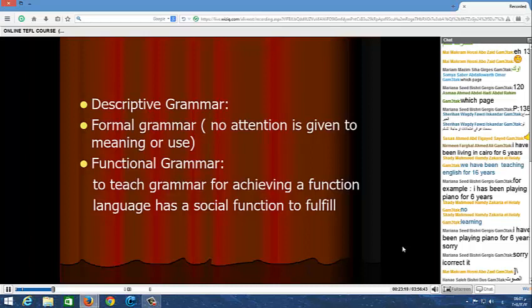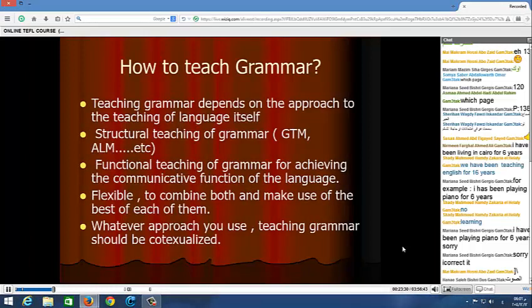That's to teach grammar for the purpose of helping learners to use this grammar for real communication, for real use of the language and so on. If we go back to the book, there may be more details. So in the first case, meaning is not the most important aspect of grammar. In the second case, the functional grammar, meaning is basic, is essential for teaching grammar.